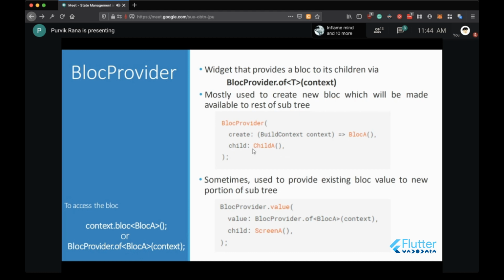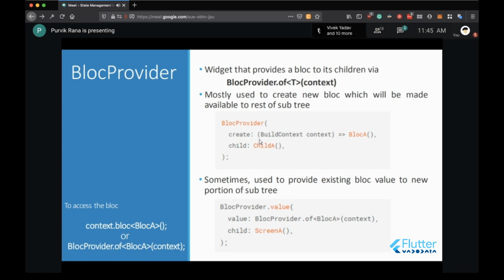And this is the creation part. If you have no local instance of your particular block, let's say we have the class of the block and we are creating the instance of that block, we can directly pass the instance of that block to this particular subtree also. But here we are creating the new instance, so in block provider create, the new block instance will get called, so you can pass the new object over here.